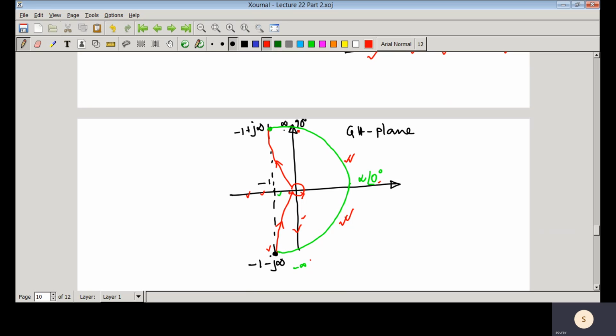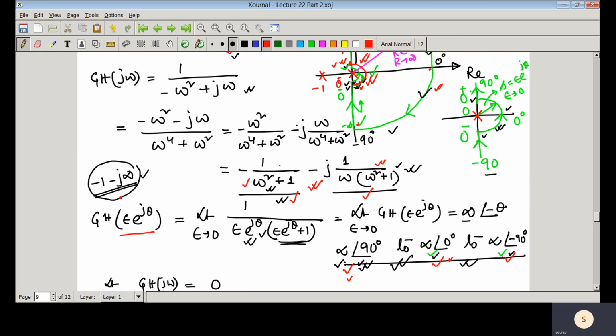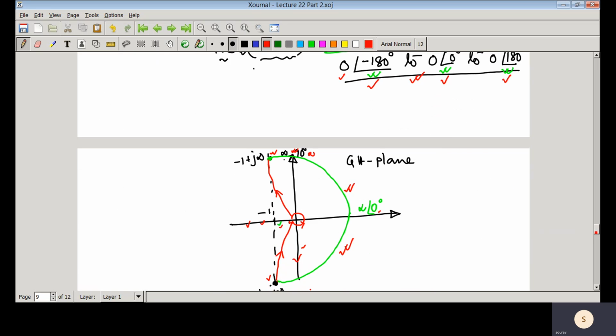So now the question is, this is that 90 degree point, but this is not 90 degree point, but as it is only -1 and this is infinity, so that means we can take it as very close to 90 degree. The reason why we have taken -1 point, because we have seen that whenever omega tends to 0, it is giving -1 minus j infinity. So that means it will be going along this asymptote, that is -1. If you draw that perpendicular line, it will be going like this.